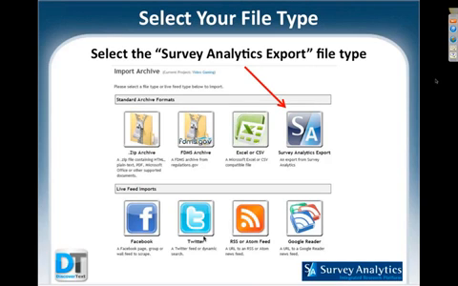So you see, we recently added, if you're inside the system, a Survey Analytics export file type to the range of file types, whether they're standard archives or live feeds. And we don't actually do a live demo in this session, but there are some tutorials online that you can find through the DiscoverText help menu or through the TextSifter website, and they walk you through step by step. There's also a help wiki where each feature you can see on the screen and see what the steps are that are involved in doing data collection this way. Next slide, please.